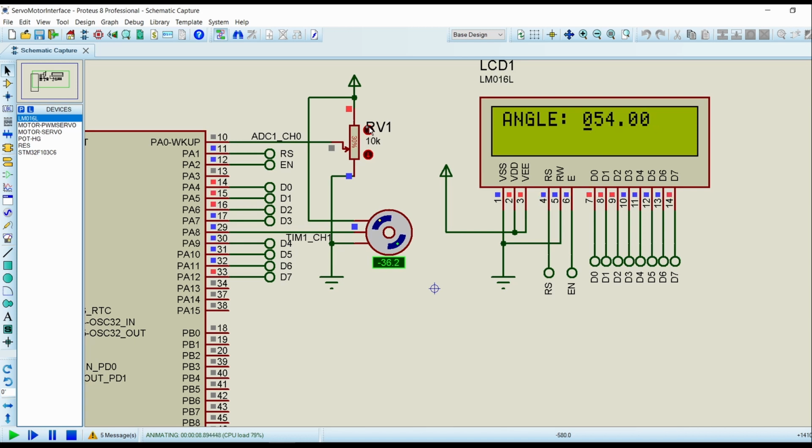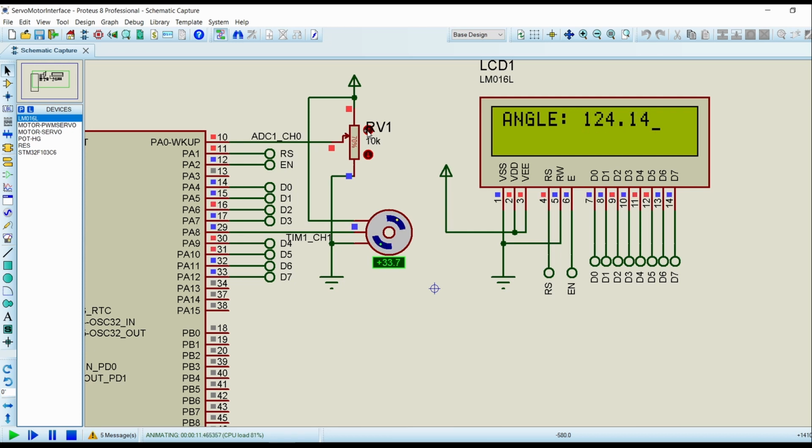For 40%, it will set to 72. For 50%, it will set to 90, because 18 into 5 equals 90. So it will approximately set it to 90 degrees.